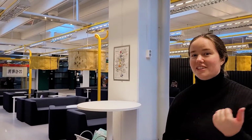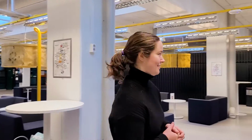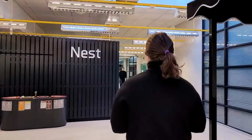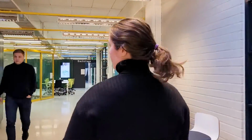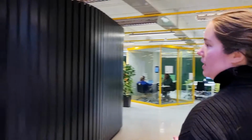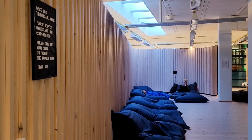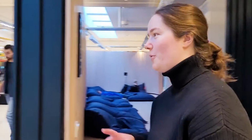I'd like to show you quickly some of the other highlights of the Tellus area, for example, the Nest. So the Nest here is a lovely quiet area where you can come and relax, sleep, study, read a book, hang out with friends. And I love that wooden feel of this space. They ask you to take off your shoes before you head on in. Over here,